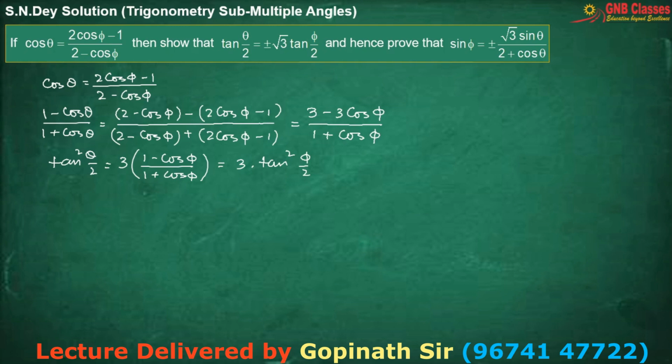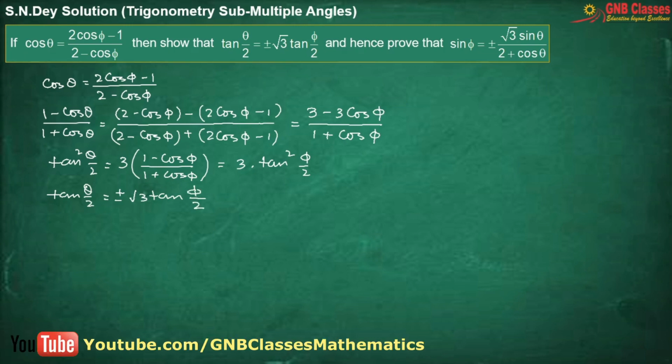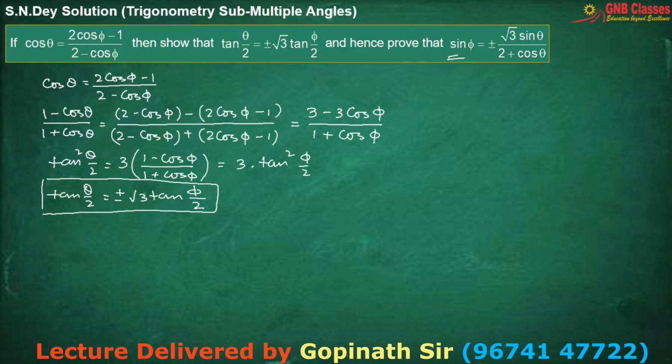Therefore, we can write tan theta by 2 equals plus minus root 3 tan phi by 2. Is it clear? So the first part of the proof is over. Now we have to prove from here that sine phi, this part we have to prove. Is it clear? So for that, what we will do here is,